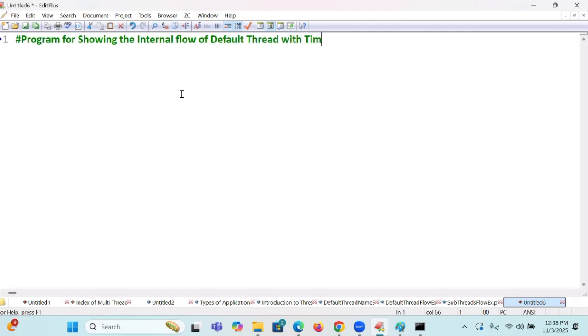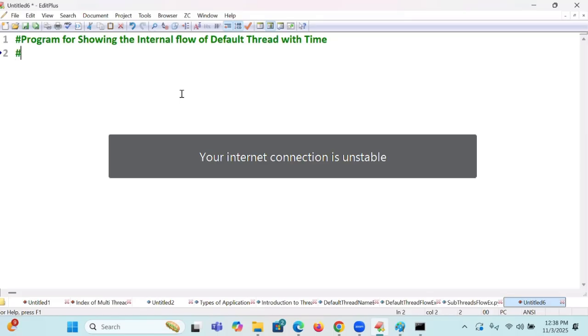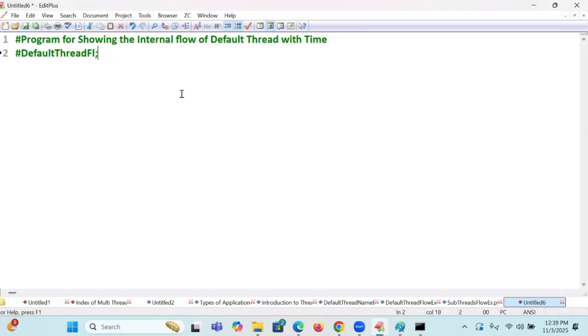So I'm going to write it: default thread flow with the time dot py. Import threading. Students, def, one small calculation I will do, LST.